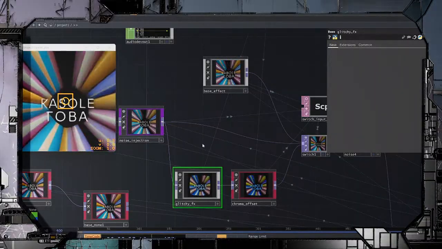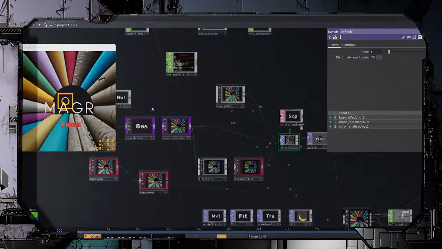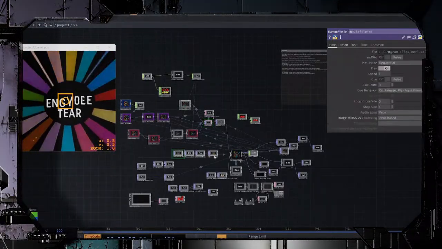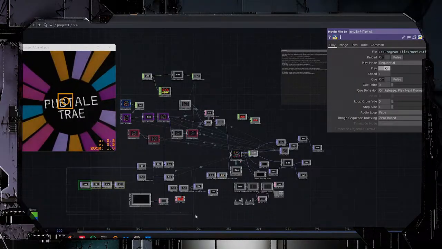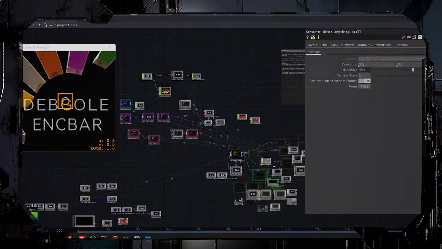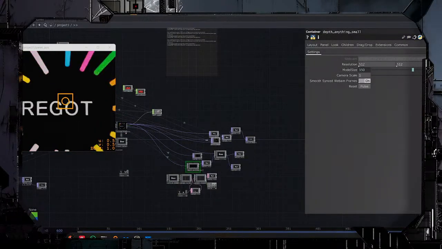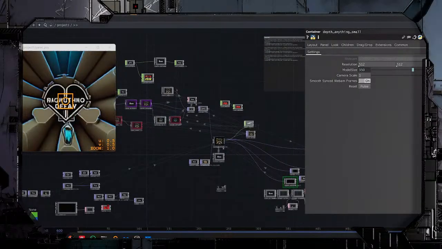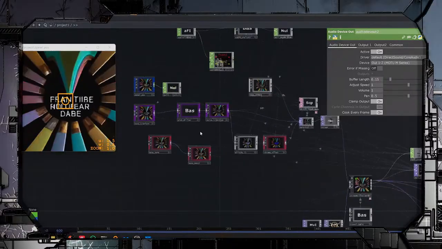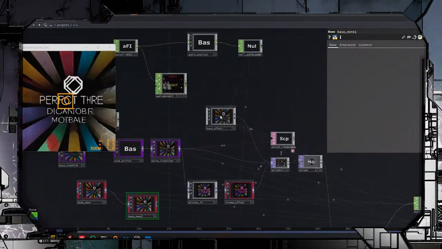Can you give us an explanation of what's going on here? Yeah, it's a pretty busy network, but a lot of this stuff is totally unneeded, pretty much. Within each of these base networks, I'm able to create basically full Stream Diffusion presets.